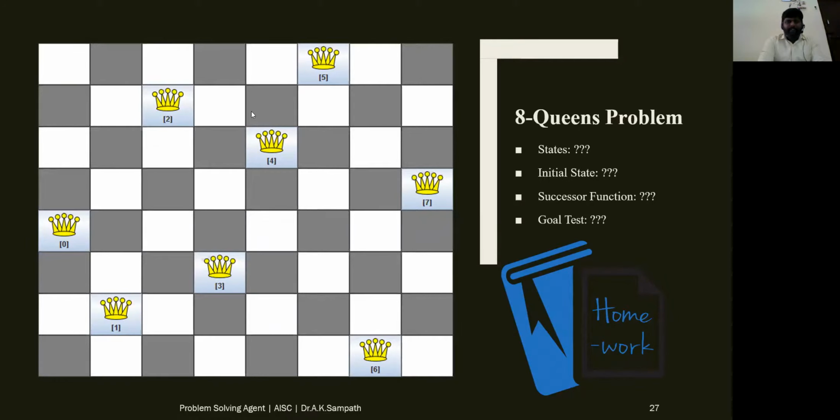Again, when we talk about the second one, say for example, here I am placing the second queen. Again, the row in which it lies as well as the column in which it lies, there should not be any other queens placed in the same row and same column. Very similar to that, now this is the third one. Again, in the corresponding row and the corresponding column, no other queens are to be placed. Is it clear for all of you? Anyone else? Is it clear for all of you?